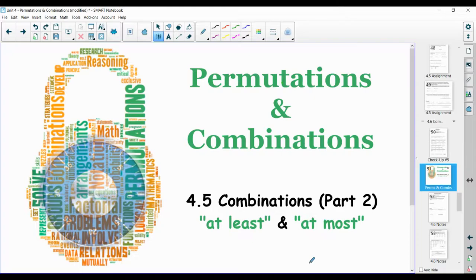Today we're going to be looking at part 2 of combinations, and in this lesson we're going to be focusing on two terms, at least and at most, and we're going to be doing some examples that include those two terms. So before we get into the examples, it's really important that you understand what those two terms mean. So we're going to talk about